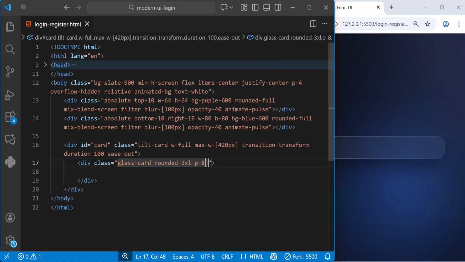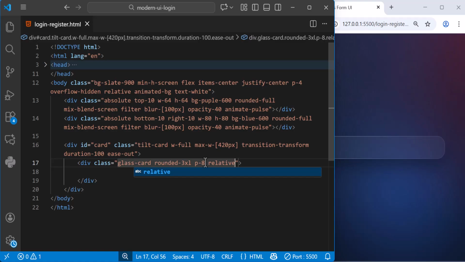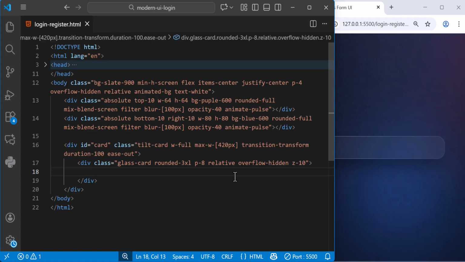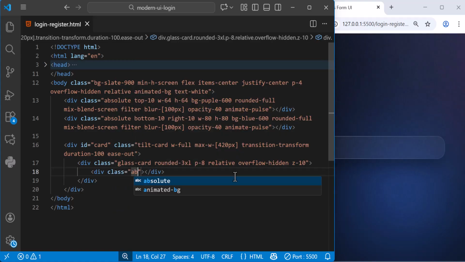So we have P-8, and then you can say relative, then overflow-hidden, and then lastly you can say Z-10, that stands for Z index. And then inside that div we're going to have another div, and I'm going to give it a class also. So I can say class, and then I'm going to say absolute,